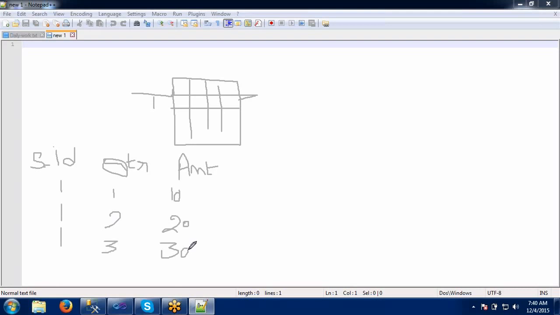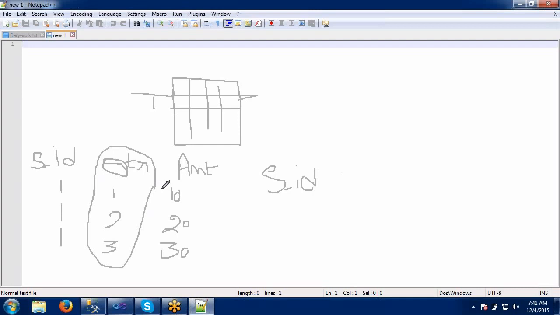So when I do the pivot here, what is my expected output? After doing this pivot, it should come like this actually. The same sales ID, but these columns will be converted as a pivot.